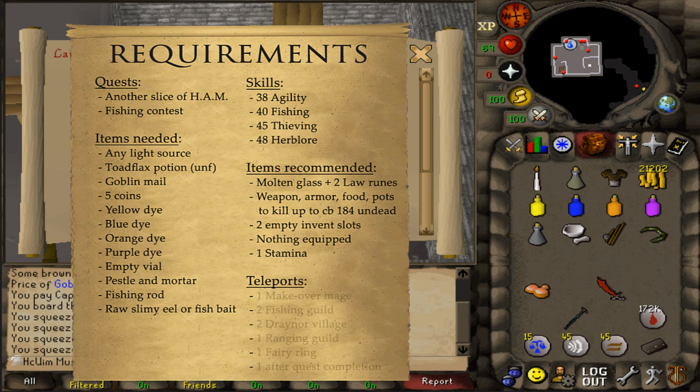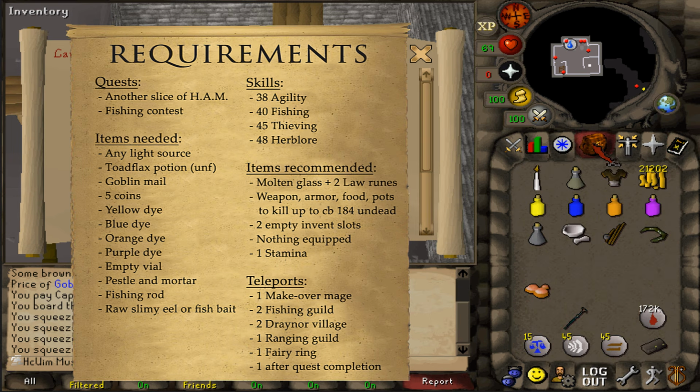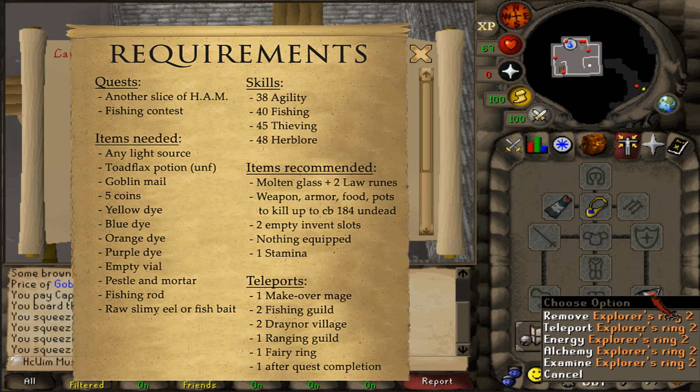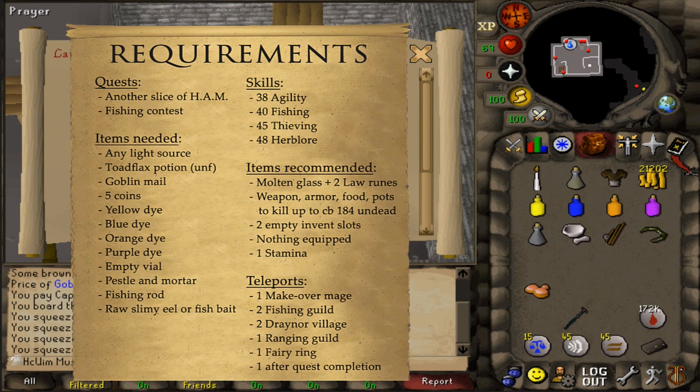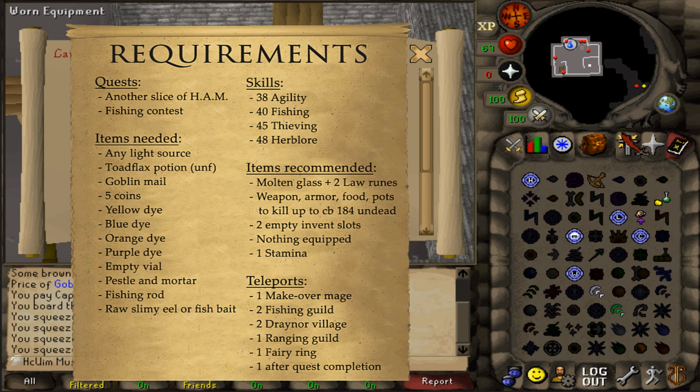For the teleports, 1 to the makeover mage, I'll simply be using a Falador teleport, 2 teleports to the fishing guild, I'll be using a regular Ardougne teleport, 2 teleports to Draynor village, I'll be using the Explorer's Ring 2, 1 teleport to the ranging guild, I'll also be using a Camelot teleport I think,